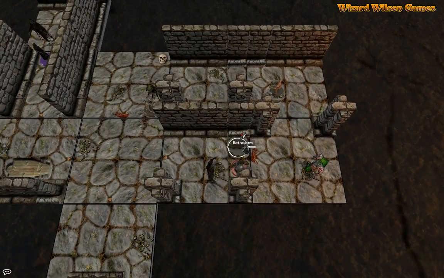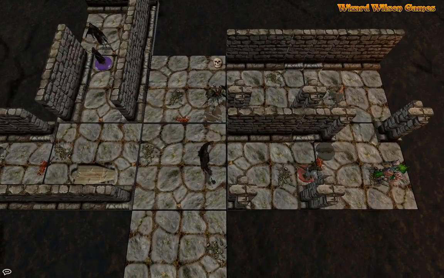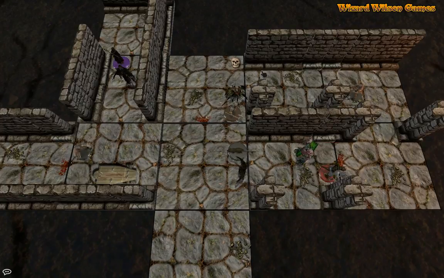One tile closer. So the rat swarm goes to there. The wraith goes to there. Oh no, I'm not doing it going the wrong bloody way. They go that way. The rat then goes this way. The blazing skeleton goes this way. These haven't activated yet. The ghoul's going to go to there, and the wraith's going to go to there. Okay, and that is the end of...